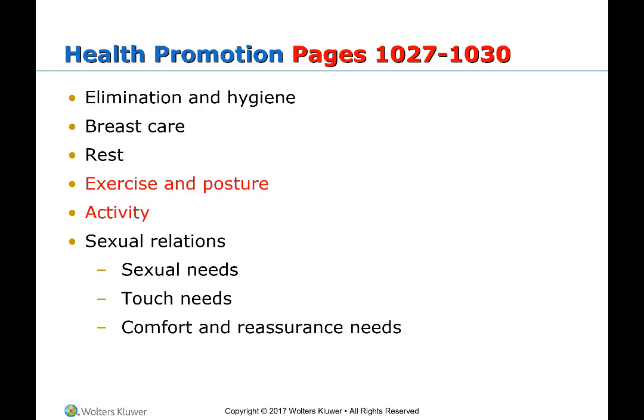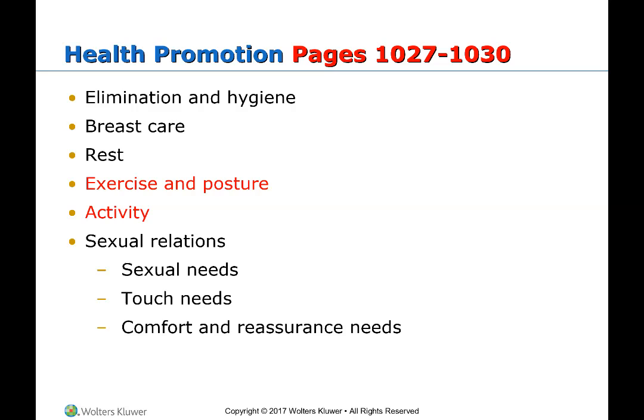When we talk about activity also, the mother is going to need more calories per day. And your book talks about this. It's kind of confusing because it gives you one number on one page, and then as you go through. So we're looking at how many extra calories. And usually it's between 200 and 300 a day, or somewhere right in that vicinity. So look at that so that you know what you could tell your patient.